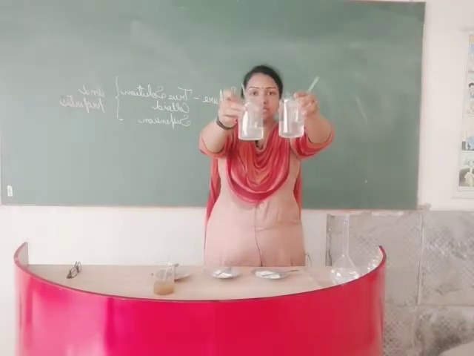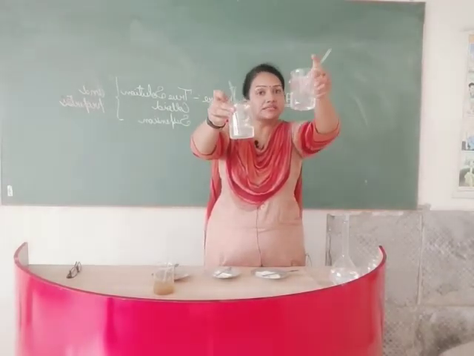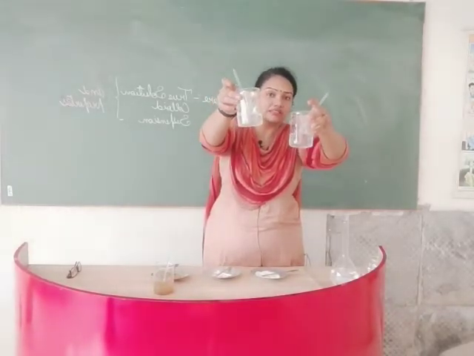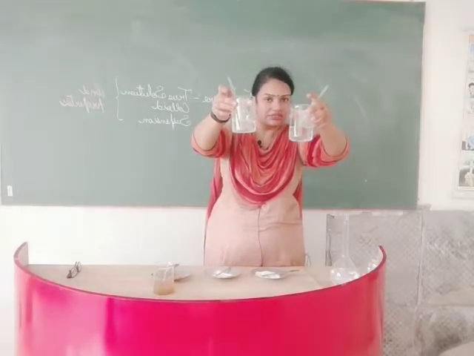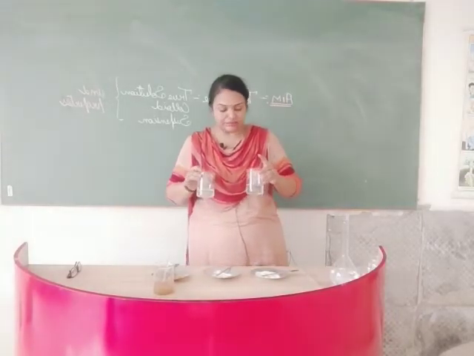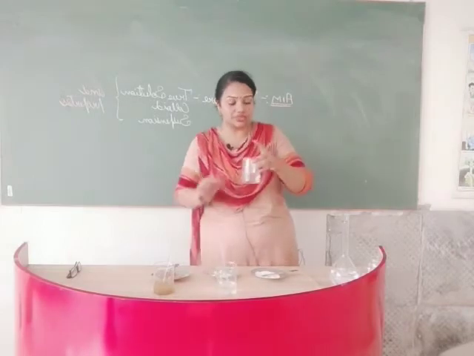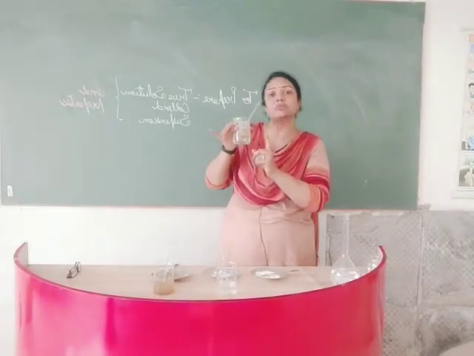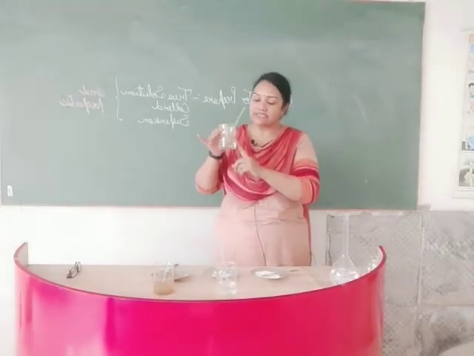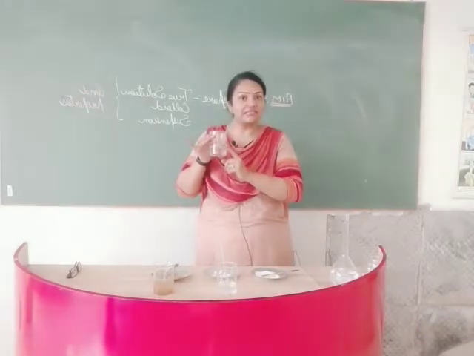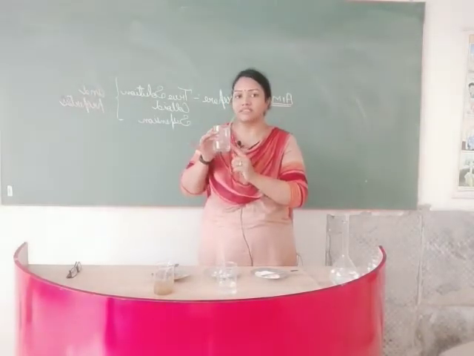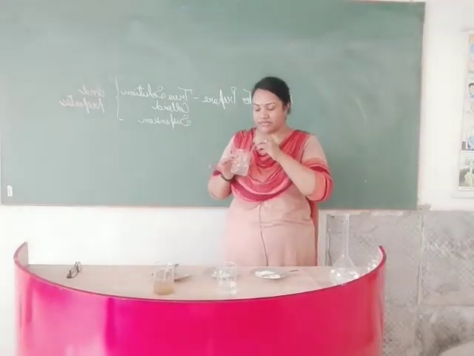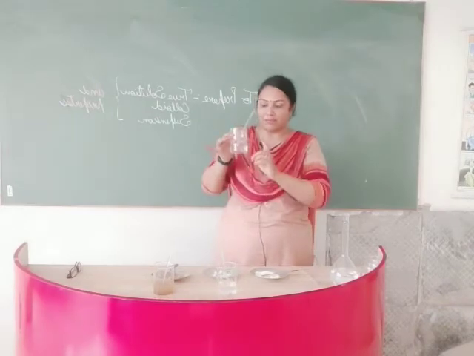If you try to see it, you will find that this solution, true solution, is transparent and this solution is translucent. Why is this transparent solution? Let us go up with the properties of this true solution. This is transparent. Why? Because the particle size is very small. It is of 10 to the power minus 9 meters. It means approximately 1 nanometer. So the particle size is going to be till 1 nanometer.